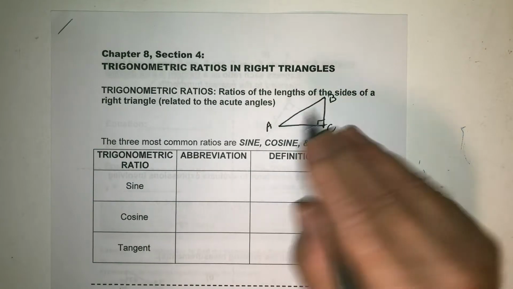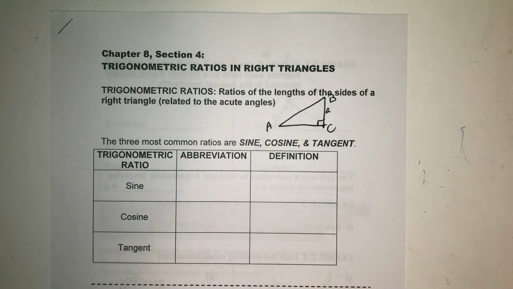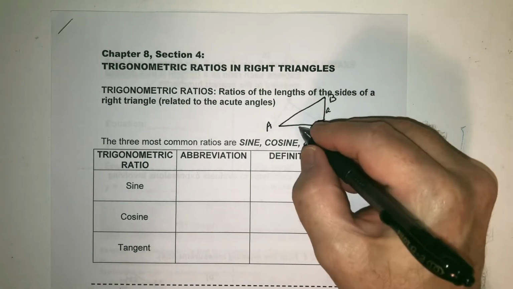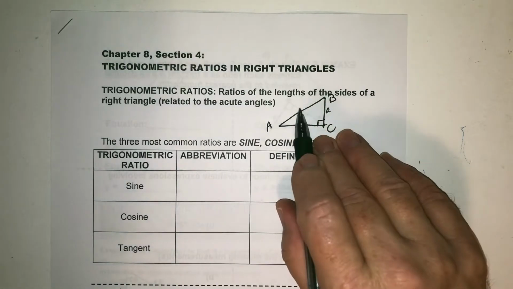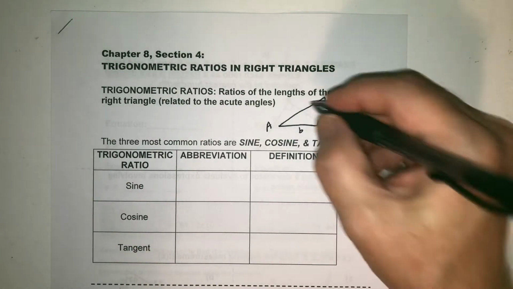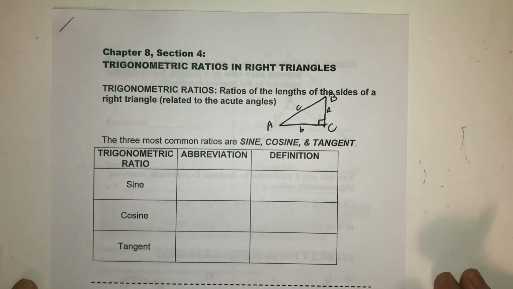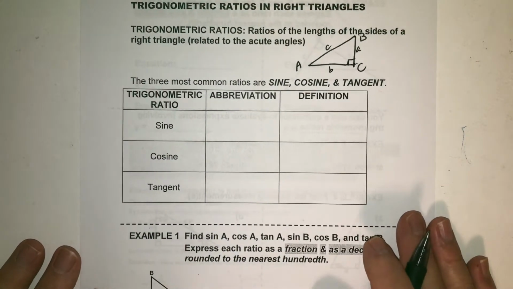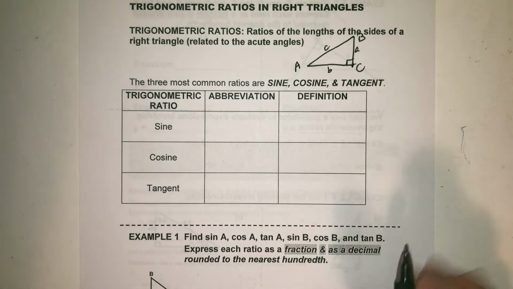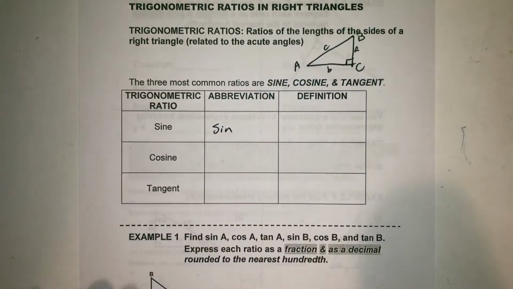Opposite angle A, I'm going to put a little a to represent the length of segment BC. Opposite angle B, I'm going to put little b to represent the length of segment AC. And opposite angle C, I'm going to put a little c to represent the hypotenuse length, segment AB. Please be aware that A, B, and C can change depending on where you put your variables. But either way,